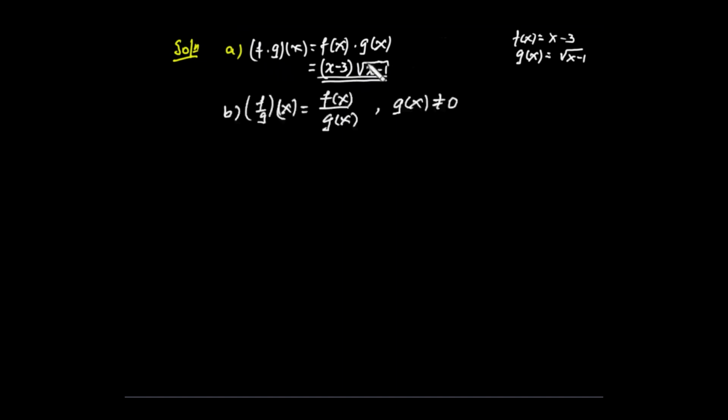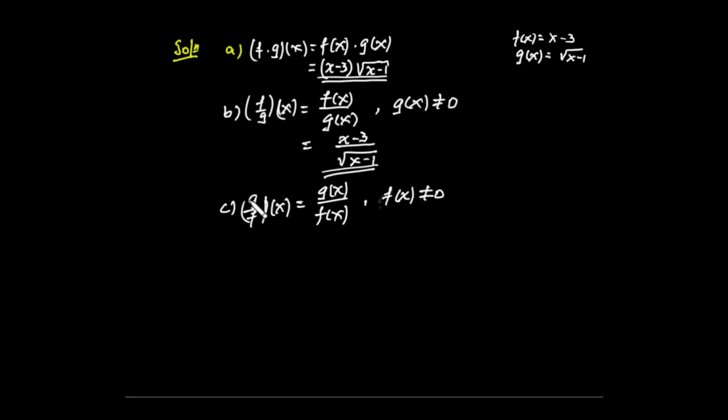ወደ b b ደግሞ f over g of x እንፈልግ ነው። ስለዚህ f over g of x ሁሉ f of x over g of x ነው where g of x is not equal to 0። ስለዚህ ይህንን መተካት ብቻ ነው። this is equal to f of x over g of x, x minus 3 over square root of x minus 1 አድርገን ማስቀመጥ ነው። ስለዚህ ቢን ሰራን ማለት ነው። c ደግሞ የተጠየቀው g over f of x ነው። ሩላችን g of x over f of x ነው where the denominator f of x is not equal to 0። ስለዚህ ይህንን መተካት ብቻ ነው። g of x square root of x minus 1 ነው over x minus 3። ስለዚህ ቫልዩዎቹን ወይ የተጠየቅነውን አግኝተናል።